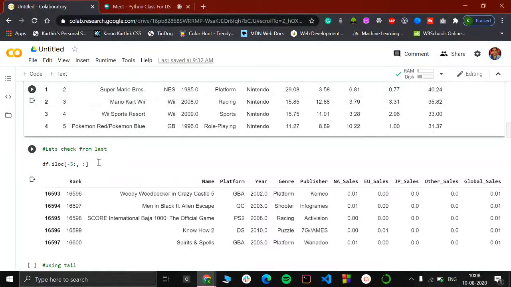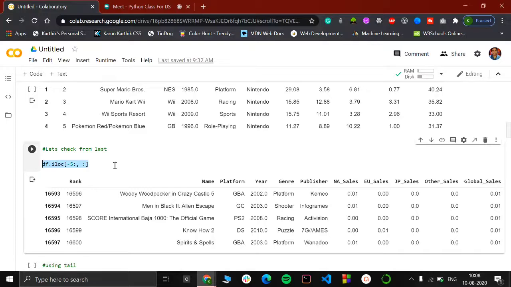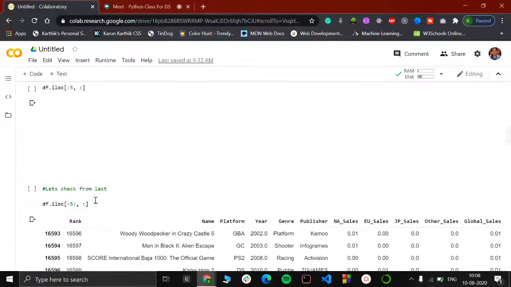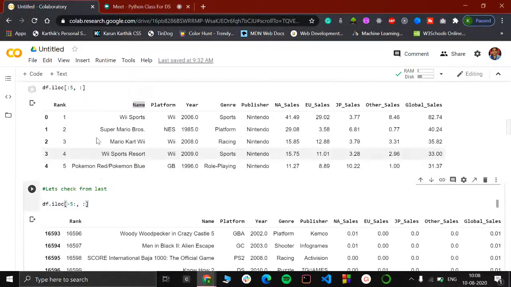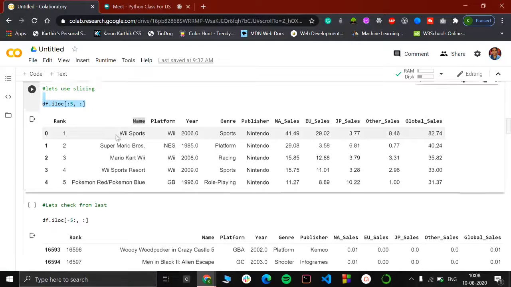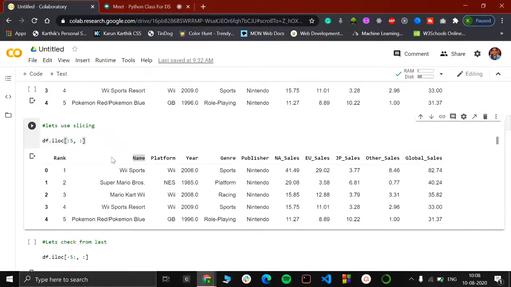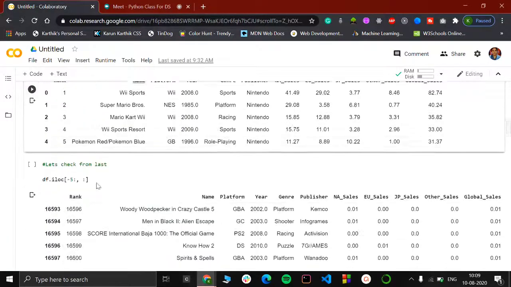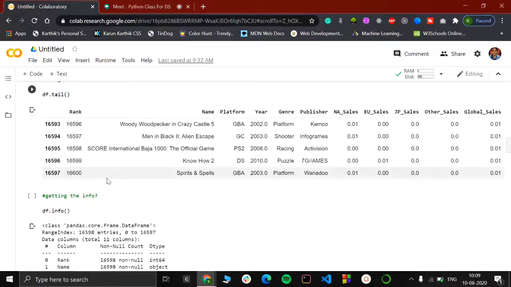So this is a contrasting thing between df.head and the iloc, which is done by slicing. And if you want to do it using the indices, you can do it in this manner, or you can just go with df.tail. I have told you this only to explain how it works, because you should know how slicing works in a dataset. But you can directly go with df.head and df.tail. So the next would be